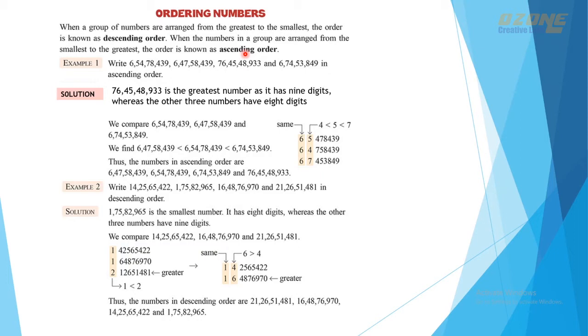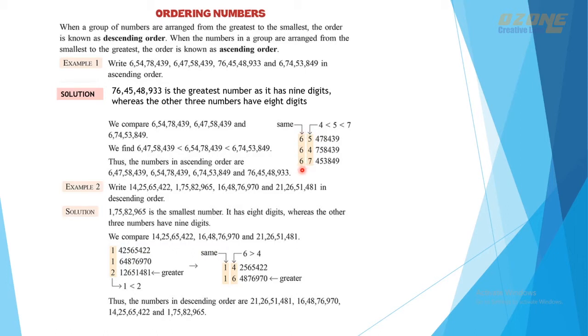So here we will go through the examples. First example, 4 numbers are given. We need to arrange those numbers in ascending order. Ascending order means from smallest to biggest. So here first, as in comparison of numbers, we'll check the number of digits in each number. Here three 8-digit numbers are given and one is a 9-digit number. So the 9-digit number will be the greatest number. We can keep it aside, and the other 3 numbers have the same number of digits, that is 8 digits. We will write one below the other to compare which is the smallest and which is the greatest. While looking at the numbers, we can see that the first digit is the same in all 3 numbers.